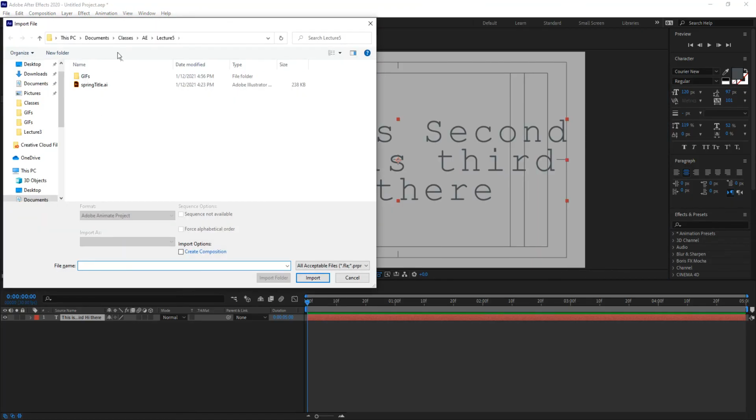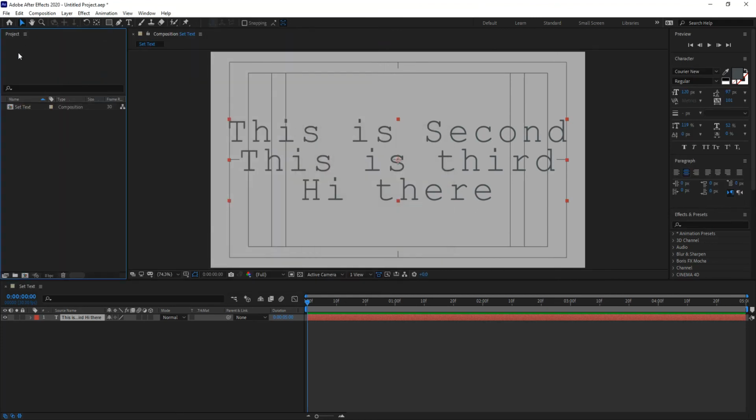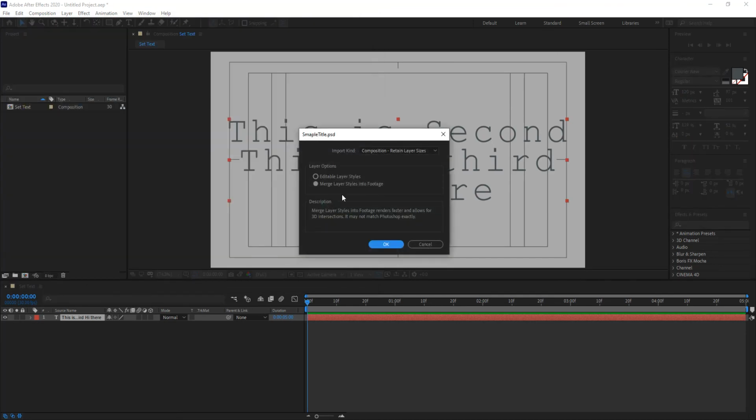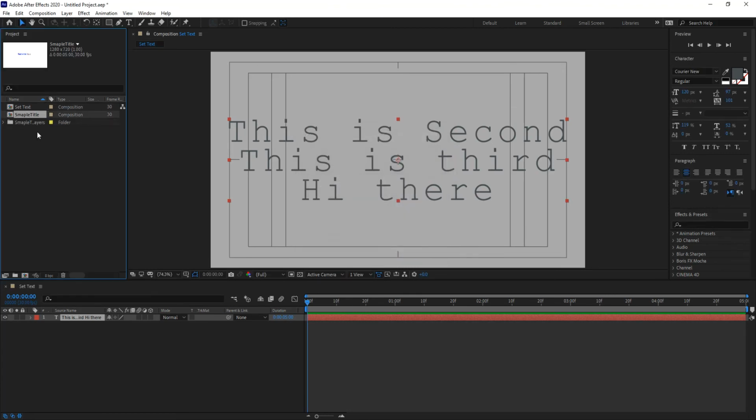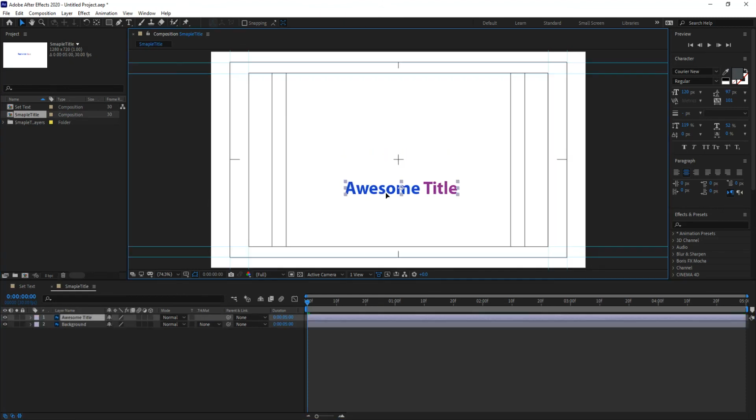So I'm going to import that file, and sorry, I should have imported it as composition, not as footage. So there it is, composition, retain layer sizes. When I import it as that, I'll say okay, and it opens up the new composition and a folder that contains everything that was available, the background and the text layer itself. Let me double click that sample title composition, and you'll notice that this is just a